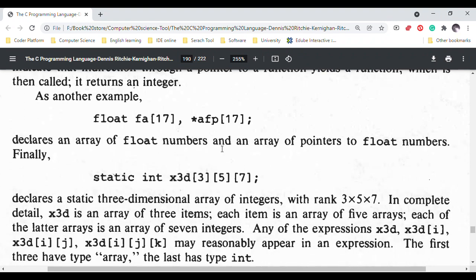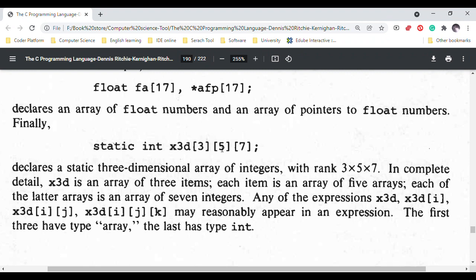As another example, this declares an array of float numbers and an array of pointers to float numbers. Finally,